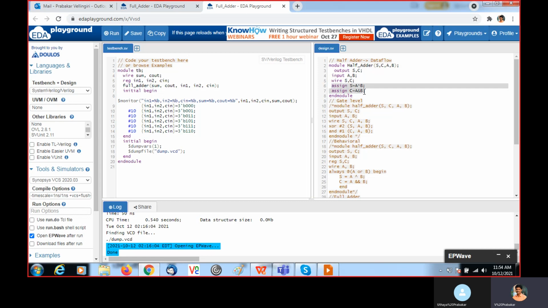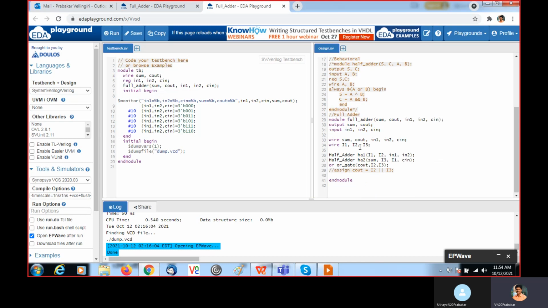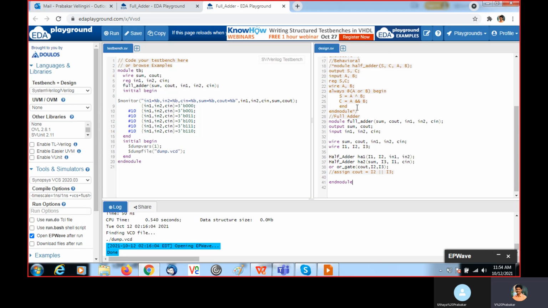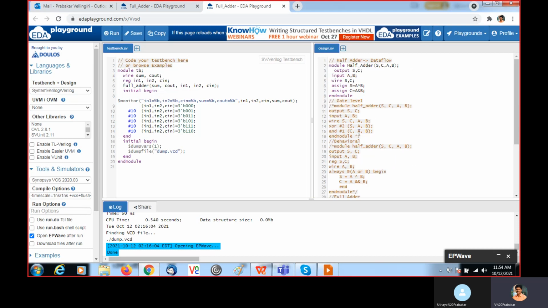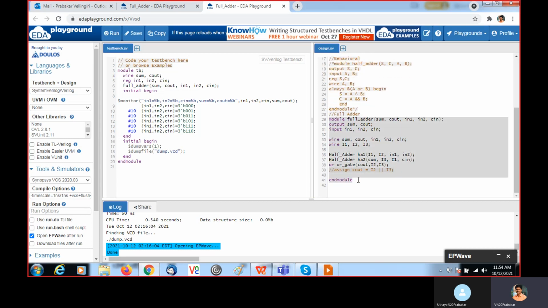With the help of dataflow modeling, we implement the logic. Then using this half adder, I implement the full adder. You can use a separate file, or you can write in the same file. If you use a separate file, you need to include it before this full adder. Then only the full adder will recognize this module.